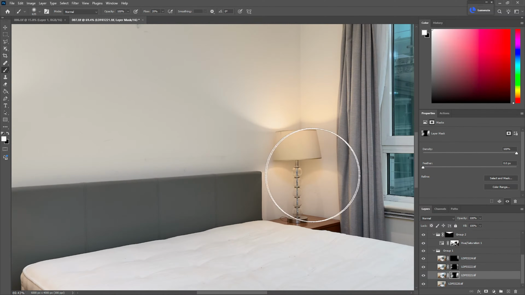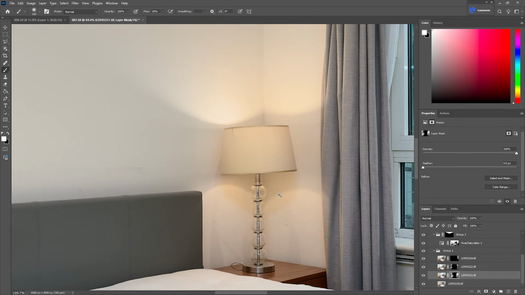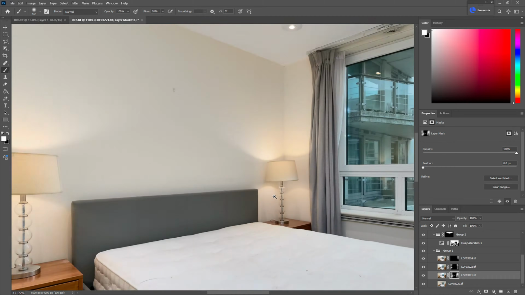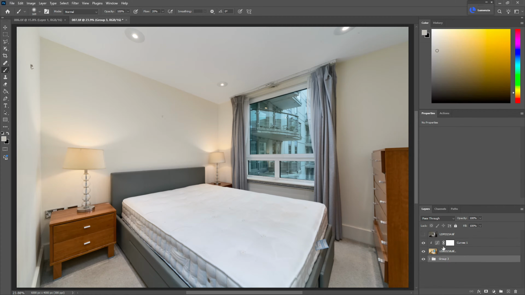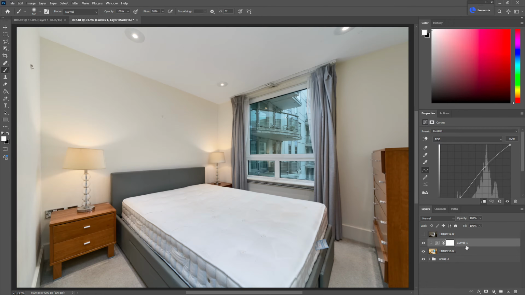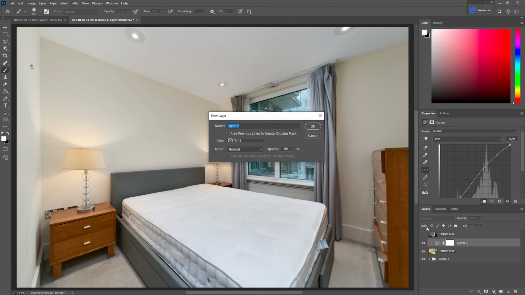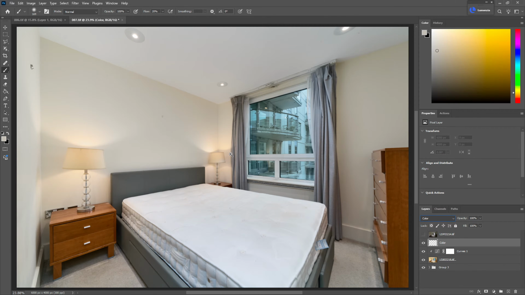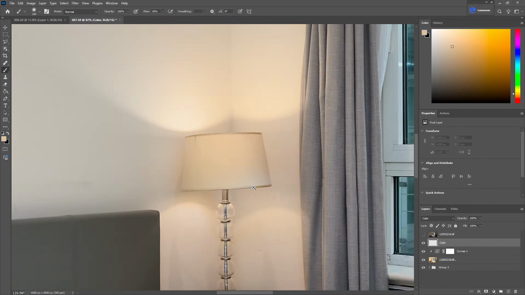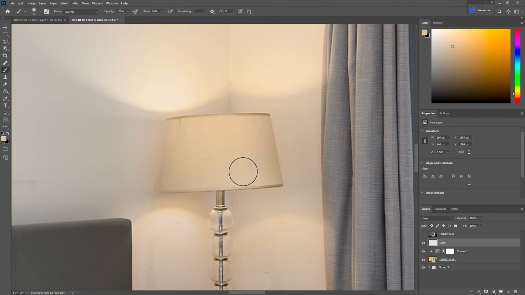So let's see if we can fix it a little bit using our flash layer here. So I'm just going to paint that in. It kind of removes it a little bit, but I think we still need to do work on that after that luminosity. So let's add a new layer. I'm going to call it Color here again. Change blending mode to color. Fix that